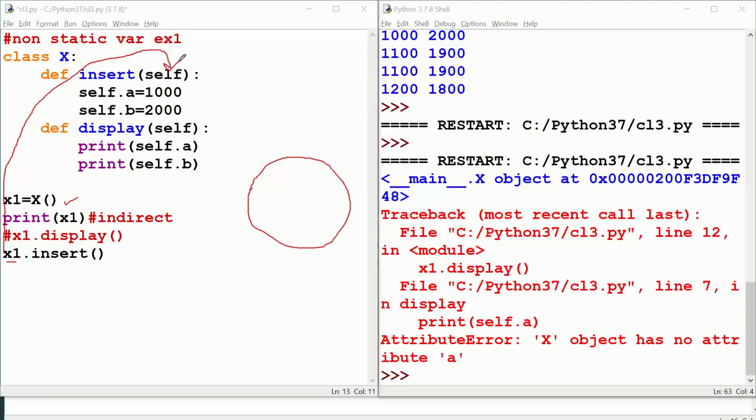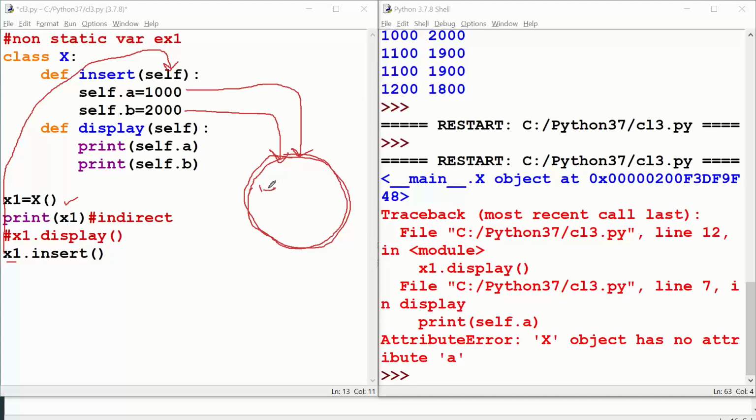So self, the first parameter in your method, now also contains the indirect address, meaning self knows where the object is located in memory. So self.a equals 1000 means self will bring 1000 into the object. Self.b equals 2000 brings both a and b into the object.